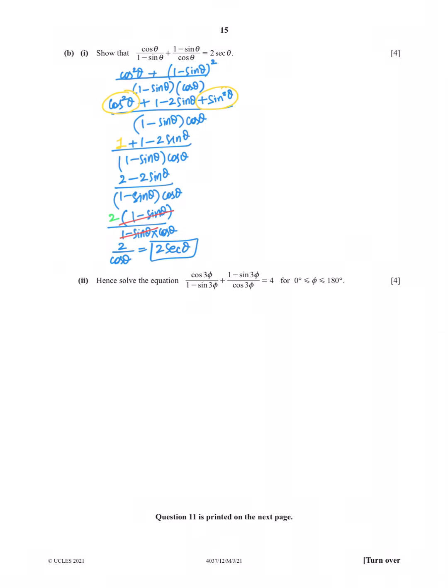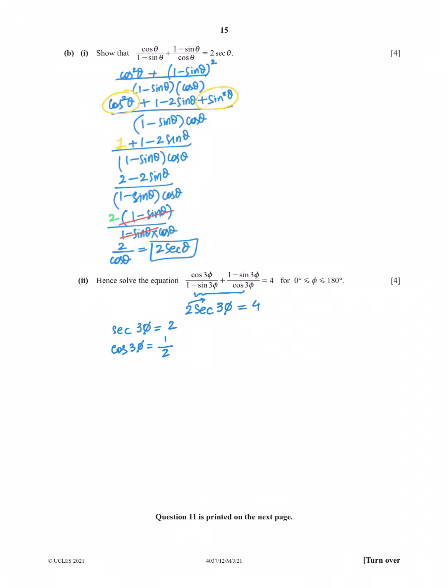and we need to show the same value. Alright, for the second part it's cos 3 psi divided by 1 minus sine 3 psi plus 1 minus sine 3 psi divided by cos 3 psi equals 4. If you compare your equation with this one, it is totally the same, right? So in fact, instead of theta, now we need to apply just psi here. So this whole equation should equal 2 sec, and the angle is 3 psi here, so I'm applying the same, and it equals 4. 2 is multiplying, so when you shift 2 to the right side, it will be sec 3 psi equals 4 upon 2. Sec is the reciprocal of cos, so we can say that cos 3 psi equals 1